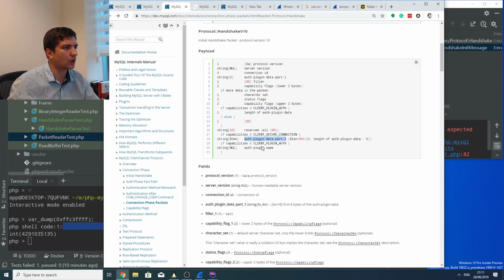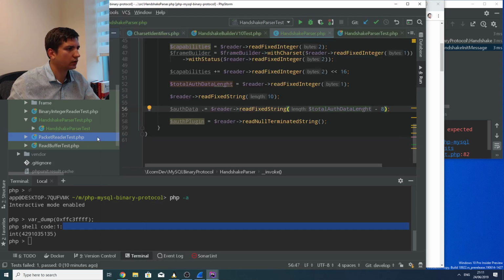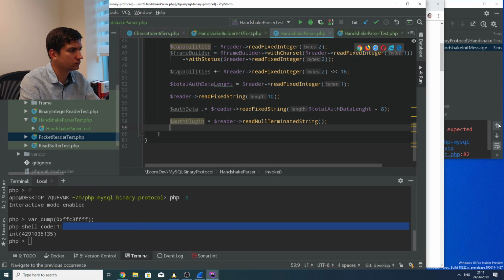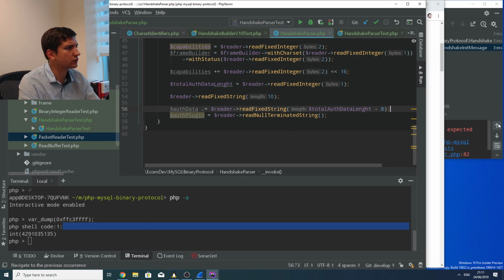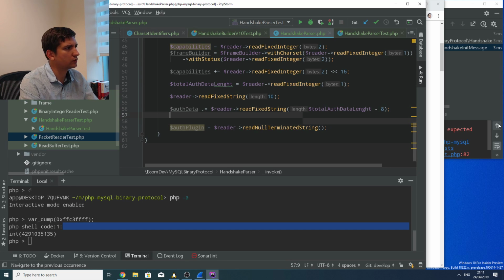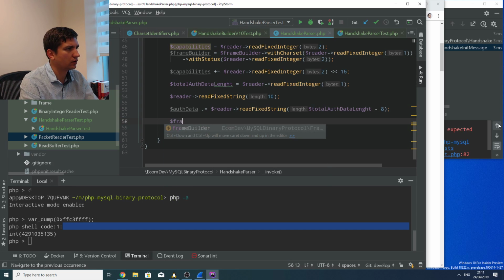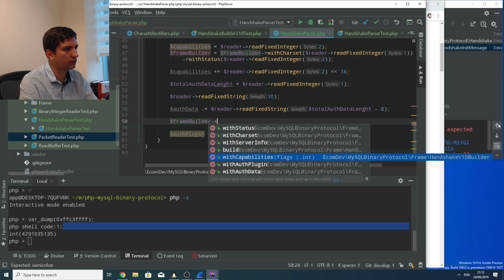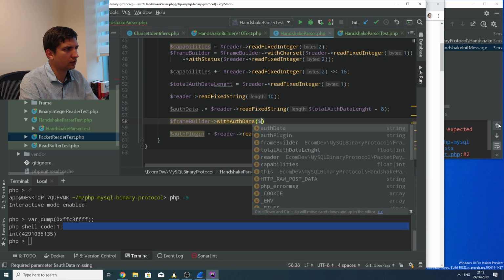Okay, then we have client plugin of, it should be a null encoded string. Okay, so this should be good, and here we actually can already add into our frame builder with of data